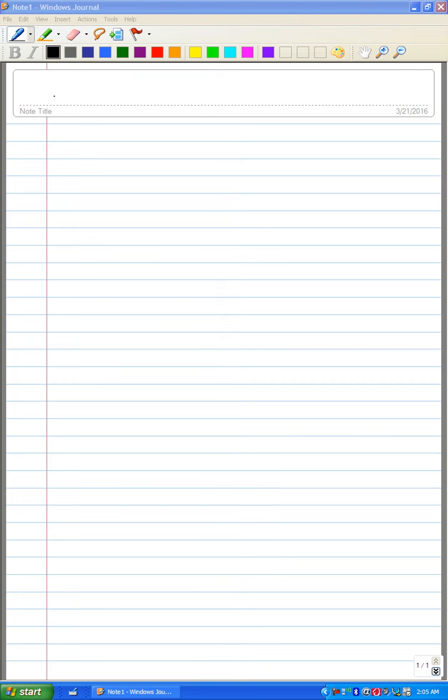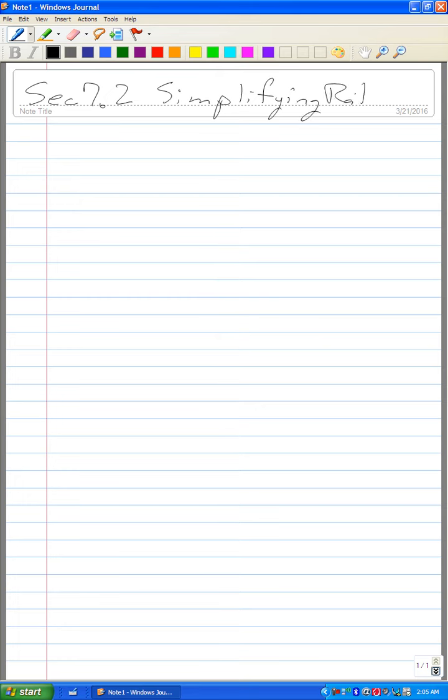In this section, we will be covering simplifying rational expressions. So section 7.2, simplifying rational expressions. Let's recall